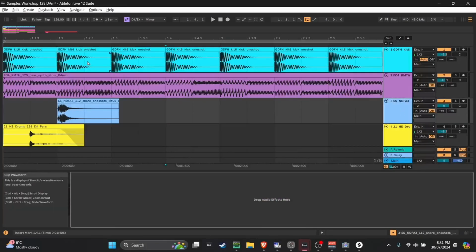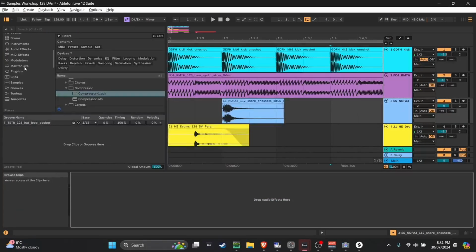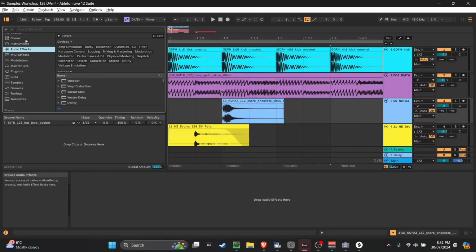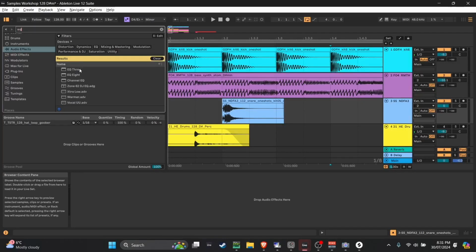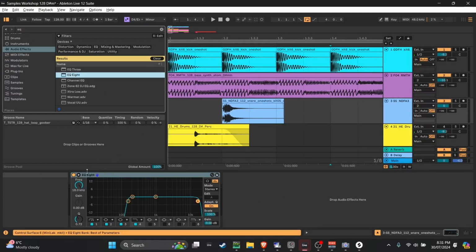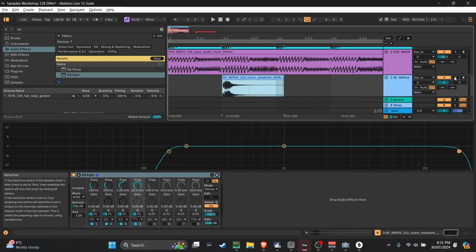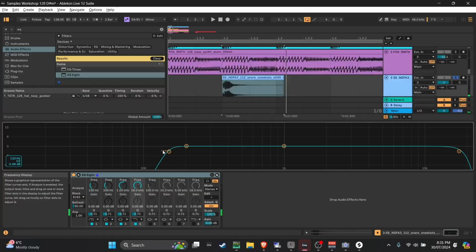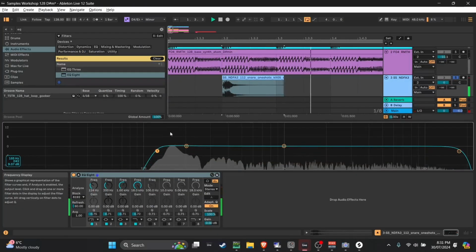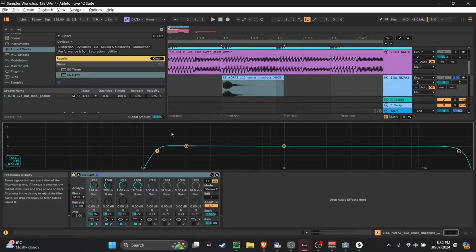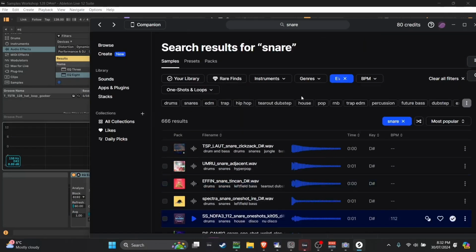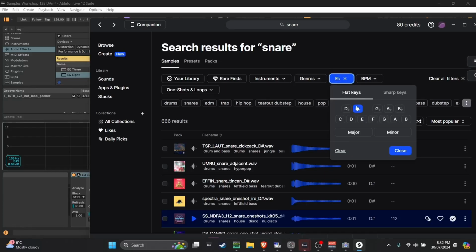And just like I did before, I can have a look at that by going to my audio effects here, going EQ8, opening that up, and having a look at this, we can see that there's a very clear frequency there. And if I hover over that, we can see that it's bang on D sharp. Now, if we found a snare that was in D,